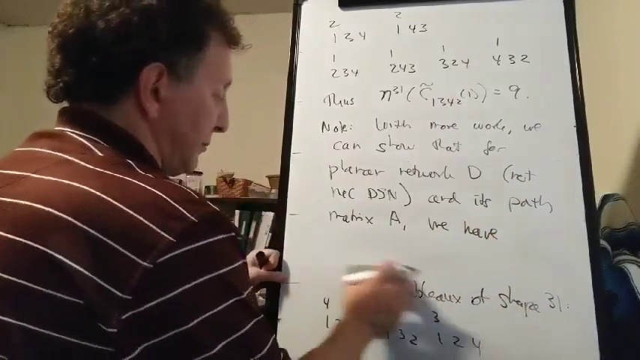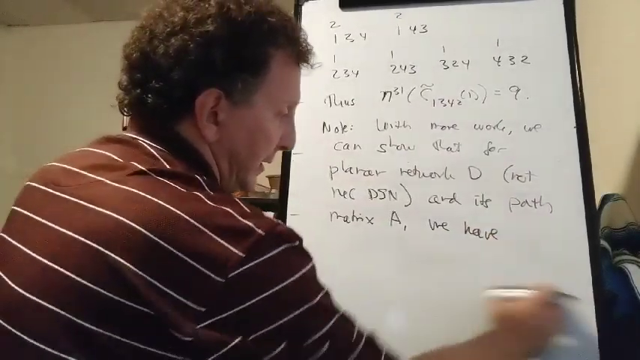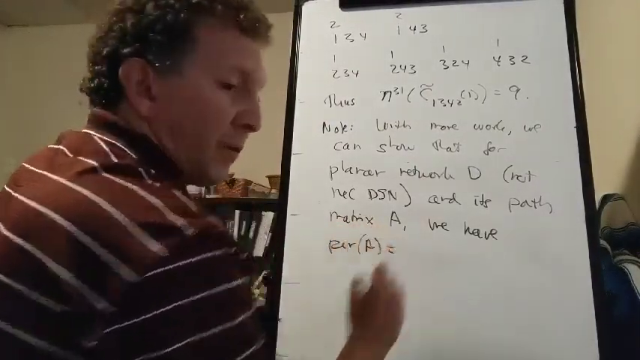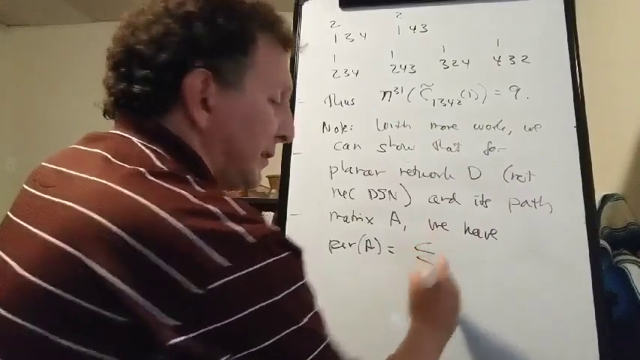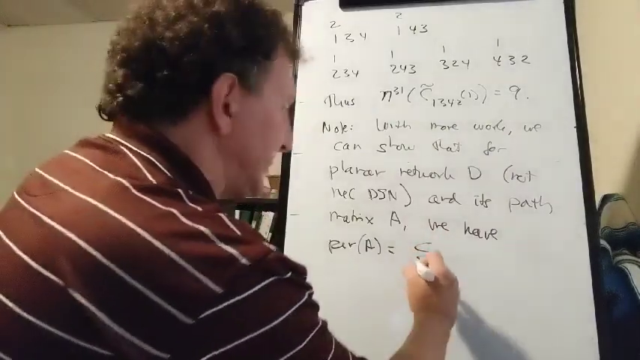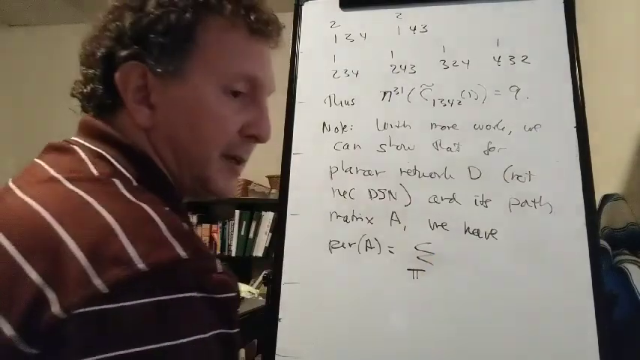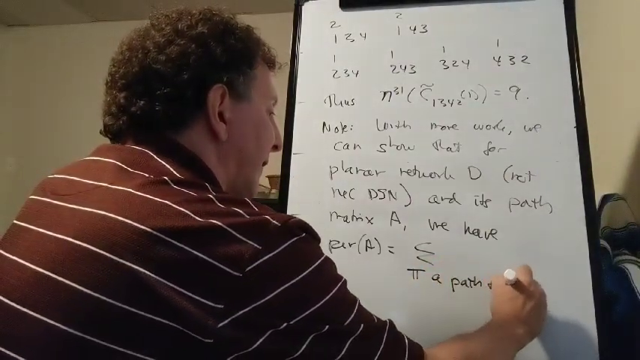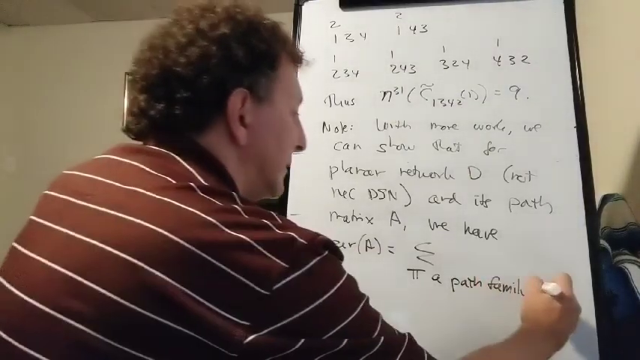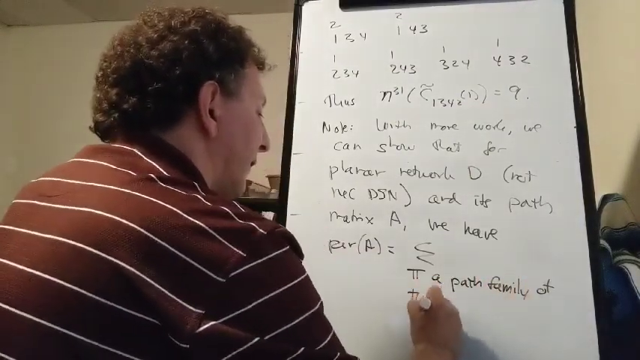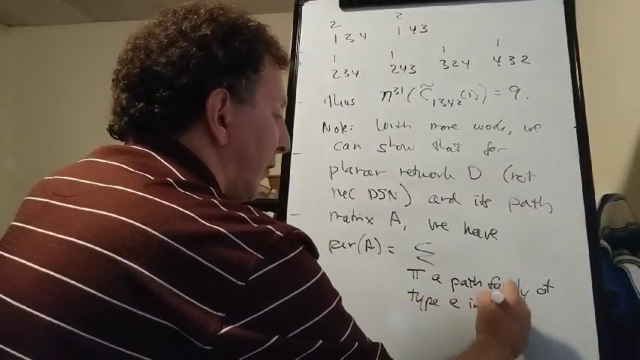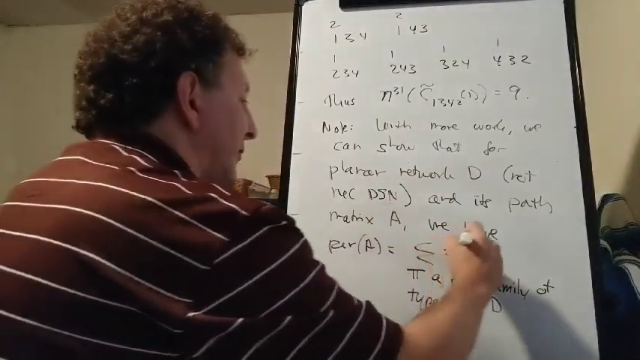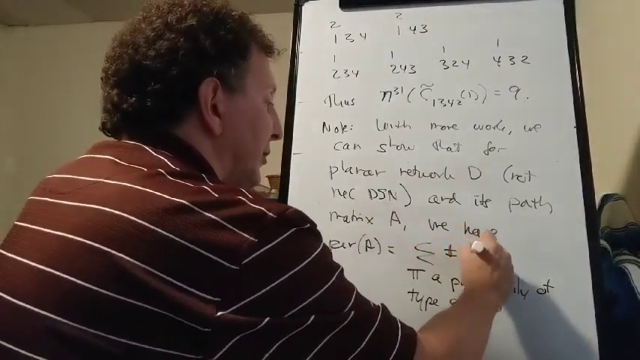we have that the permanent of A equals sum over all path families pi of type E times the sum of, for all pi, the number of row semi-strict